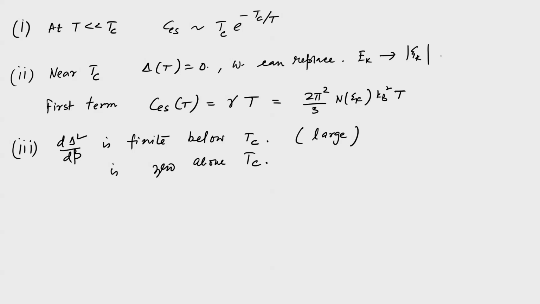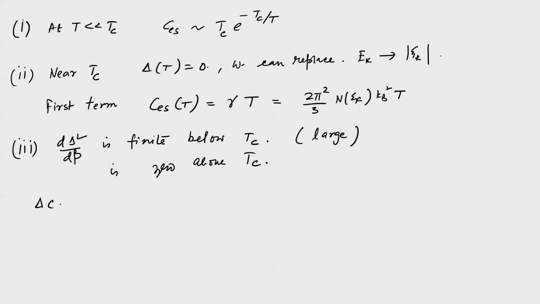So, now this gives rise to a discontinuity. This term gives rise to a discontinuity because this is finite just below Tc and it is 0 just above Tc. So, delta C, which is equal to CES minus CEN,